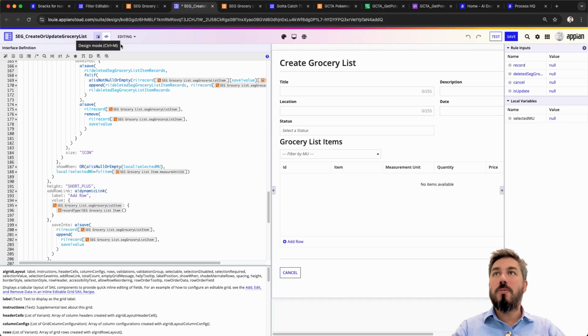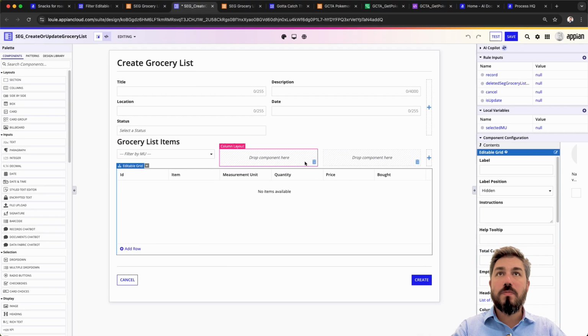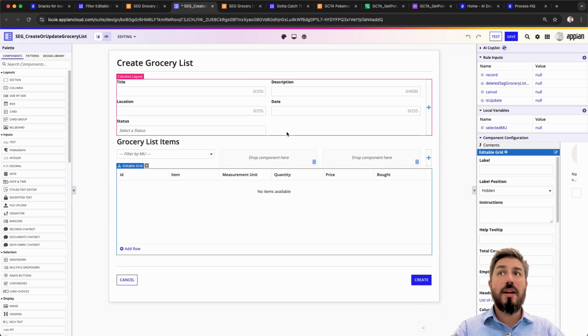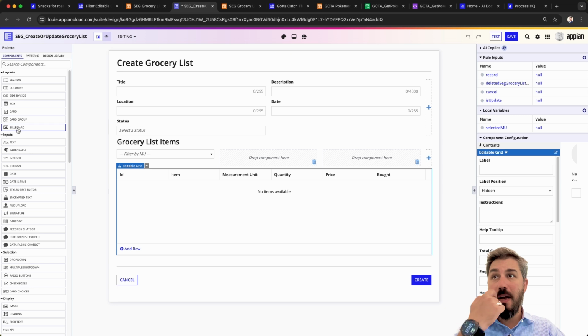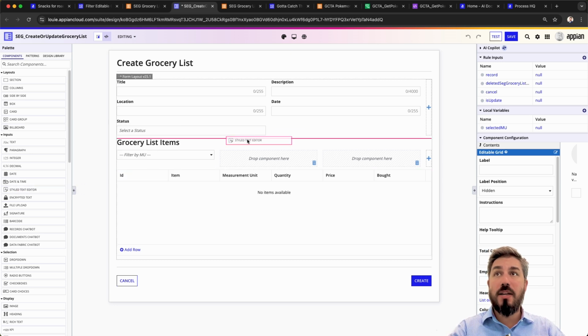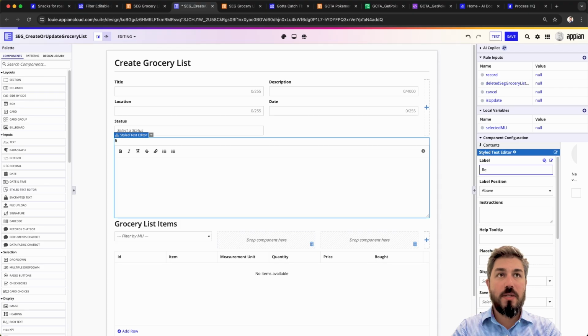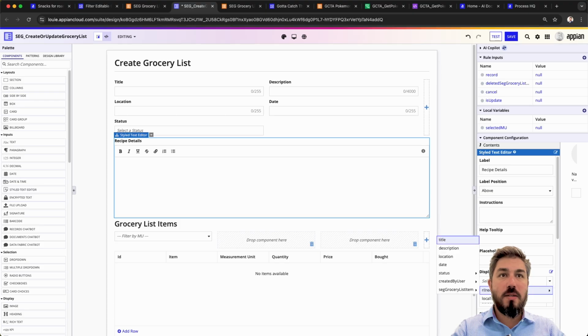So if we move back to design mode, for the description, or actually let's go ahead and add the recipe one because we haven't added that one. So I'm going to drag and drop the style text editor over here. And I'm going to name this the recipe details. And display value would be